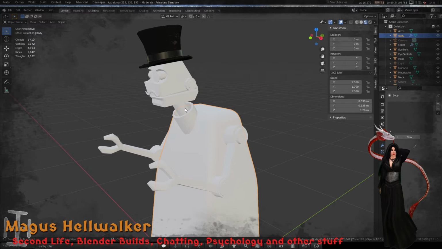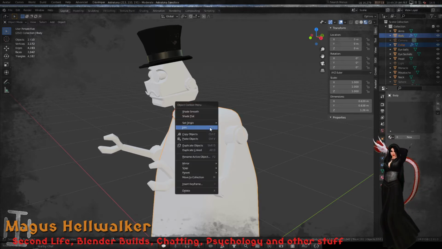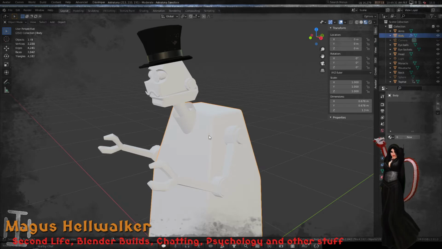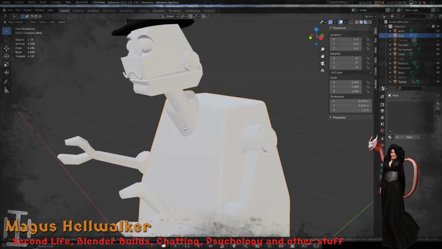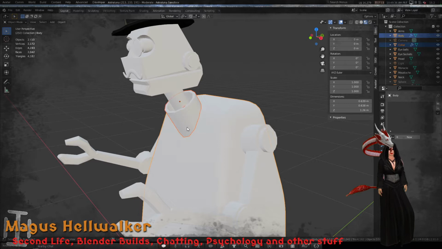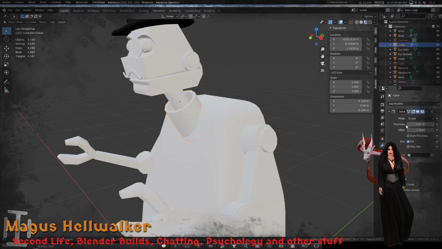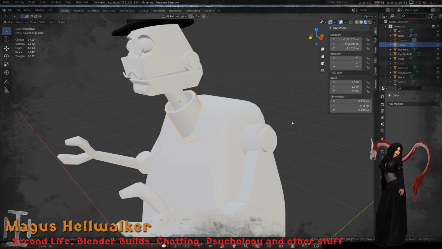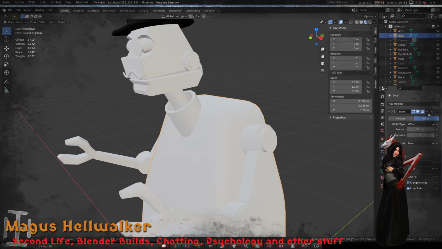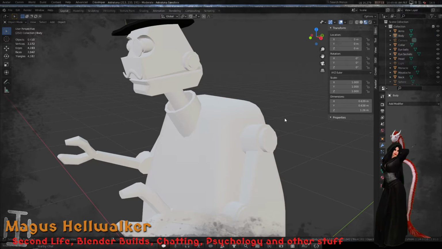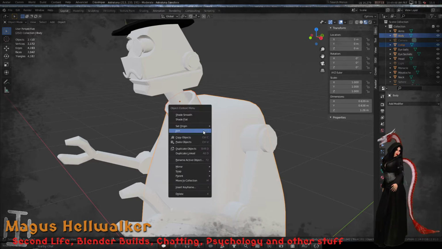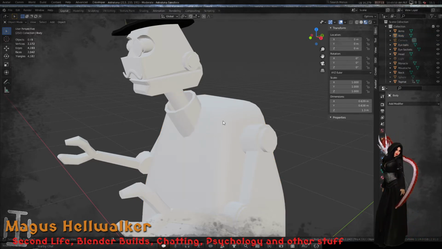I think I'm going to join this and this together, because it's kind of, oh no, undo that. Ooh, I didn't add. Classic newbie mistake, that is. I'm going to apply that. Okay, so I'm going to join the two of these together, because I think his whole body would be